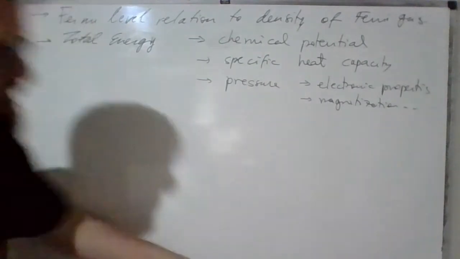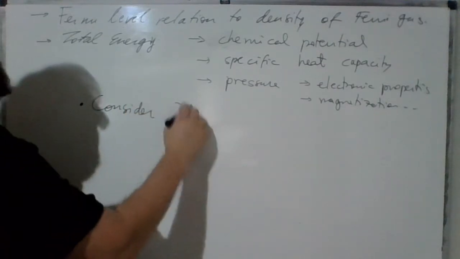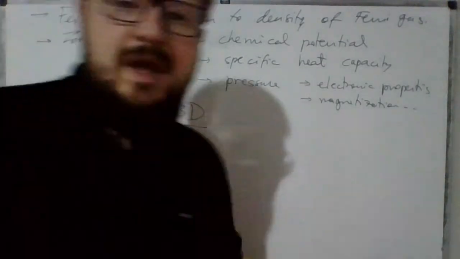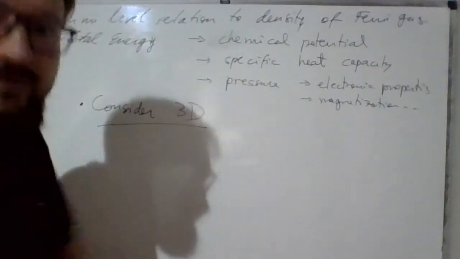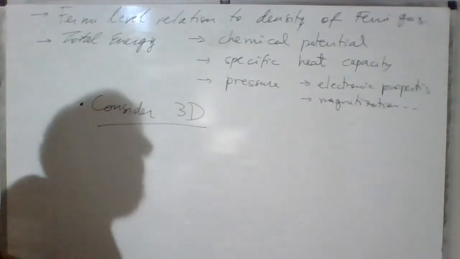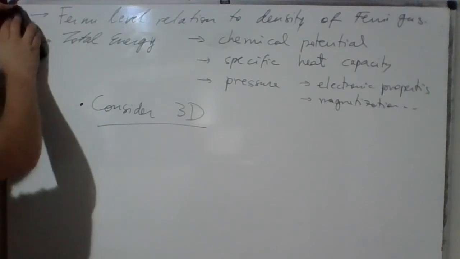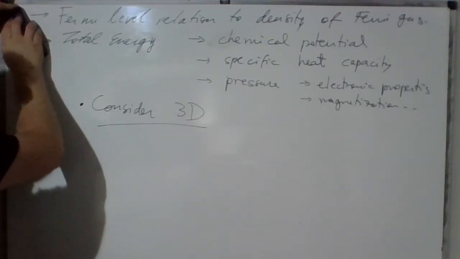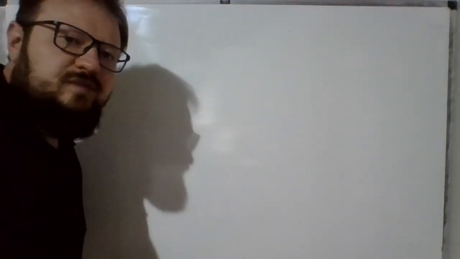So let us start, considering three dimensions, 3D. You can do it for a one-dimensional gas or for a two-dimensional gas, but the most relevant aspect here for the general situation is a three-dimensional world. So we are considering a three-dimensional problem here. And of course, we will do that using Fermi-Dirac statistics. So the first aspect is to calculate a relation between the Fermi level